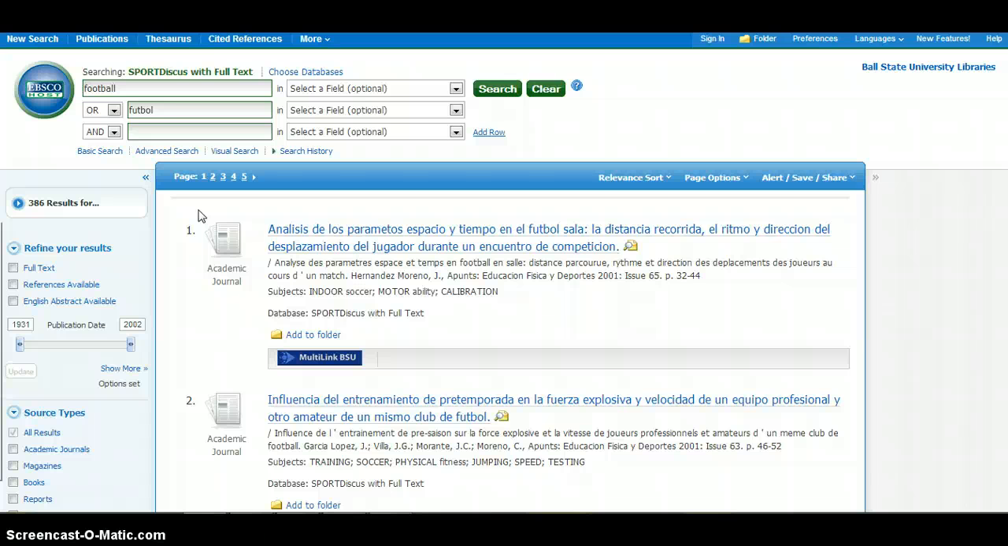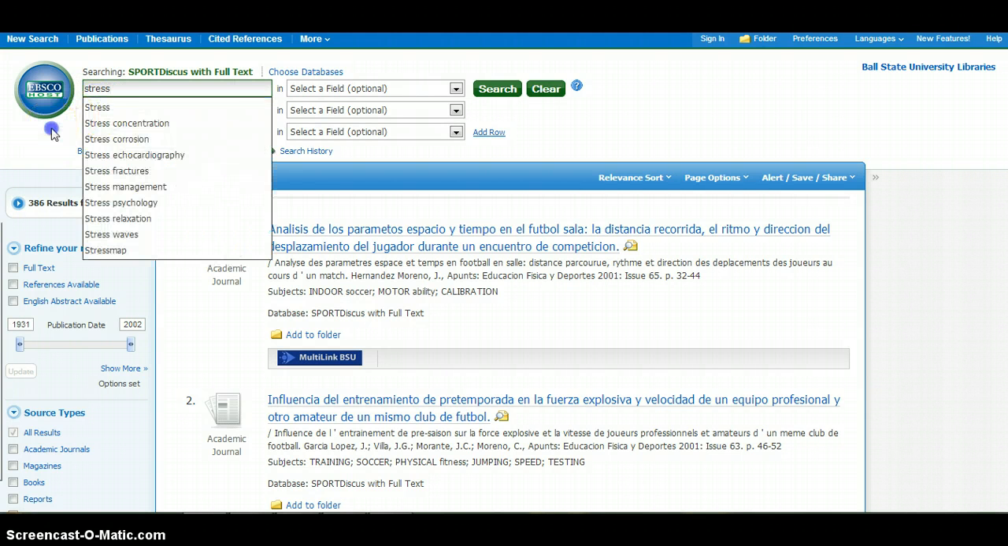So if you have to do a research project for a foreign language class, SportDiscus would be the place to go, because not a lot of other databases have articles in different languages. So the next search we're going to do won't have really anything to do with sports, because this database also covers medical. So we're going to search stress